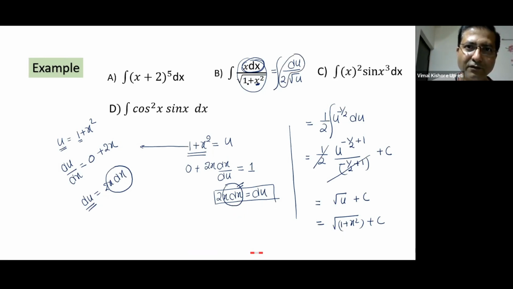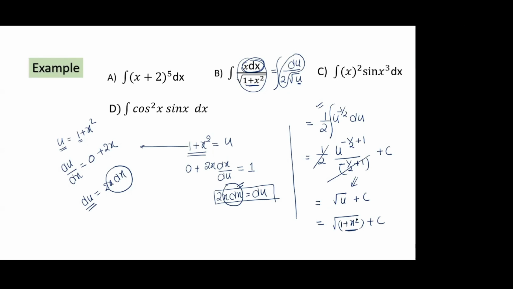And then in place of x, 1 plus x square, what we have assumed, we will substitute. So after simplifying the function, see what we are getting. x to the power n format, and its integration we already know. So using the integration of x to the power n, we got under root u. Substituting the value back, we got this expression. Now I hope it is clear. Yes, sir. Okay, now try this third one.